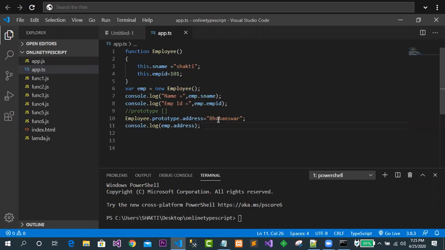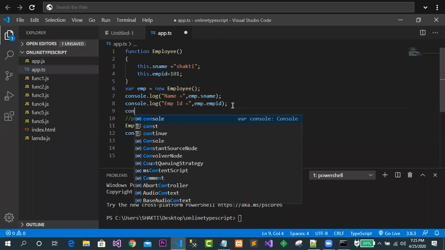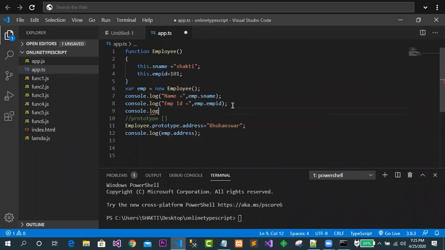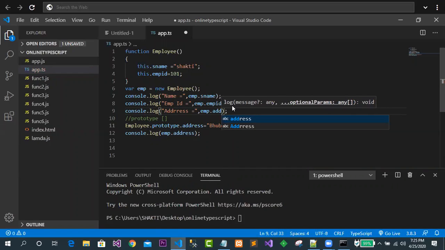So in this case what happened? Let me access it here with console dot log. One may ask the question, can I access it before its declaration? Suppose I want to access it before it, so I can go for emp dot address.